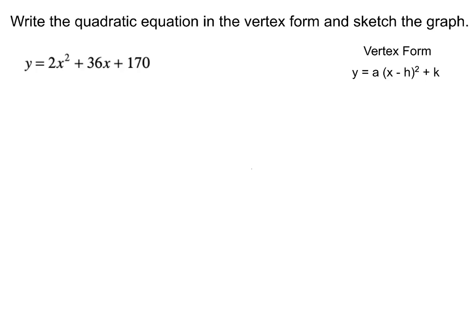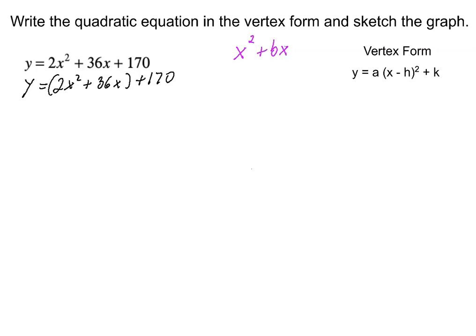Hi guys, in this video I'm gonna take the equation that is written in standard form and write it in vertex form, and after that we're gonna sketch the graph. So let's get started. We have y equals 2x squared plus 36x in parentheses and then plus 170. The reason is that eventually we want to have the vertex form, but first we're gonna start with x squared plus